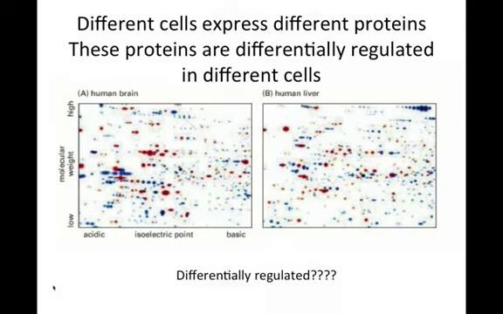So you're going to get differences in the amount of protein made, depending on your cell type, because different cells are going to need different amounts of protein. And then you'll also notice these horizontal dots. Those are usually the same protein that's been modified in some way. What kind of modifications happen on proteins?